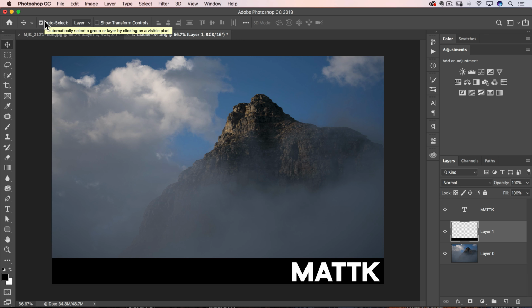You may love it, and that's perfectly okay. No need to leave a comment that says how much you love it. Perfectly okay if you love it. But if you're one of those people that has been frustrated by this, all you have to do is turn it off. And now Photoshop will work at least the way I think it should work,